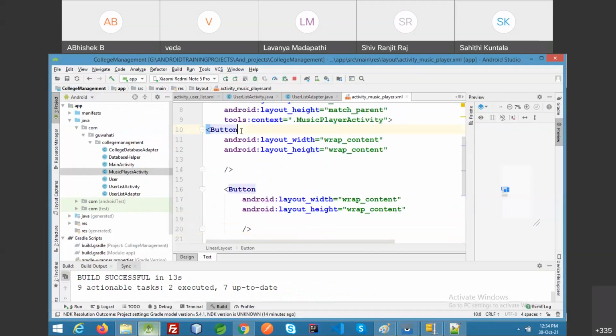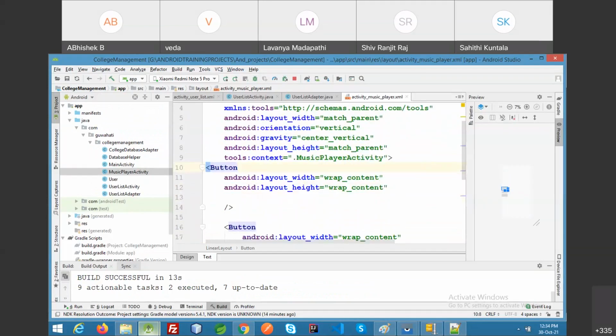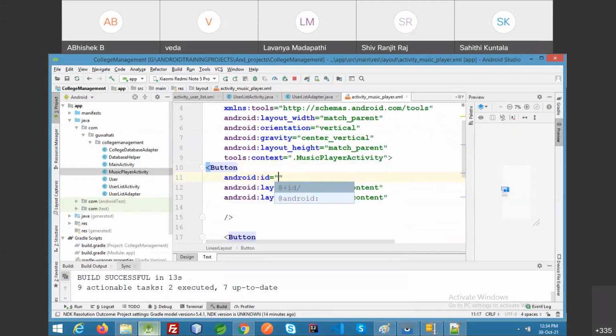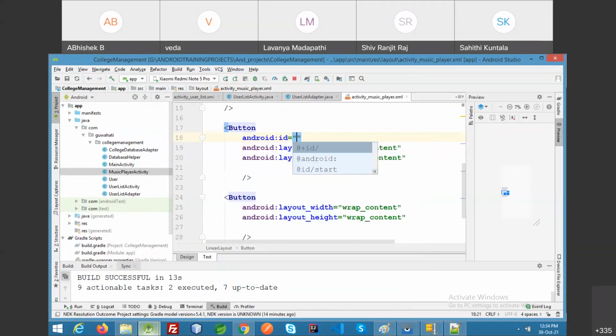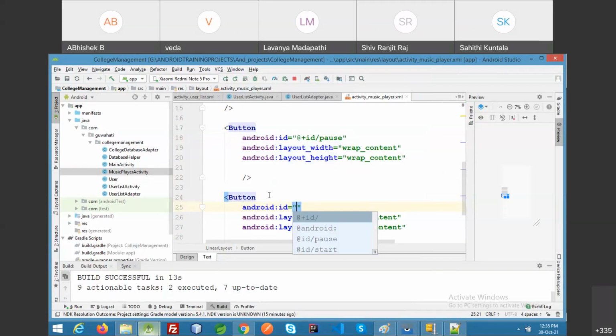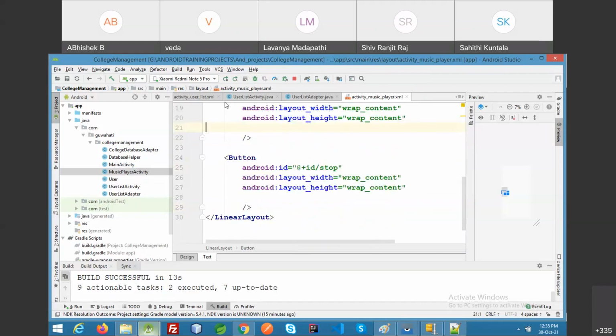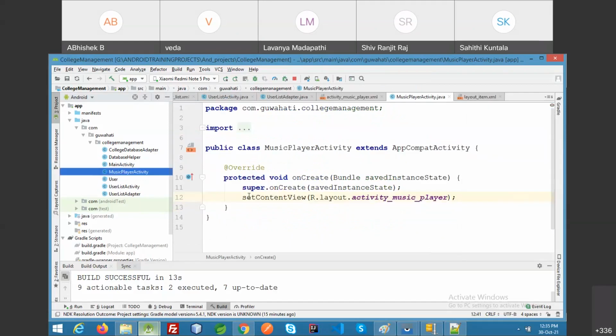Give them IDs: Start, Pause, and Stop. Fine. Now I have an activity, the music player activity. I write its code.